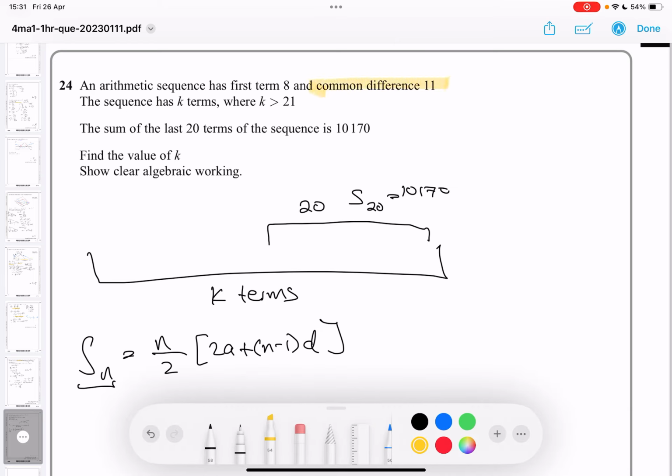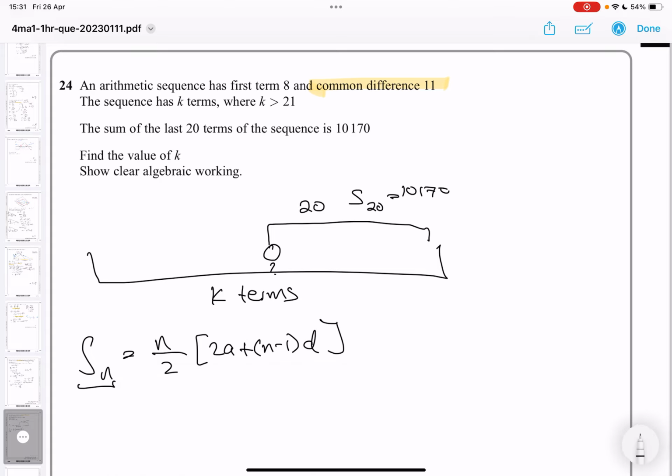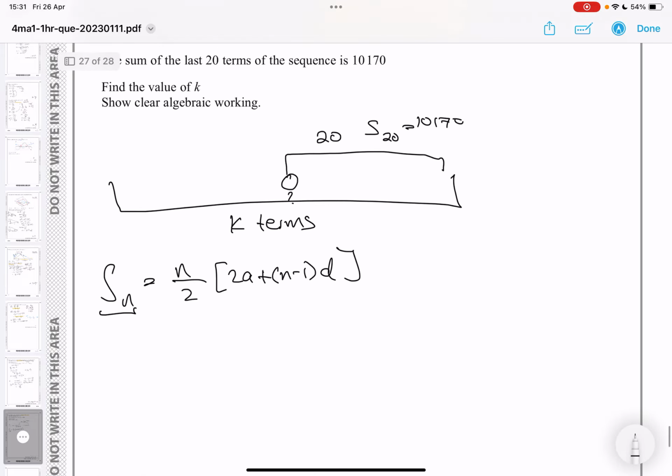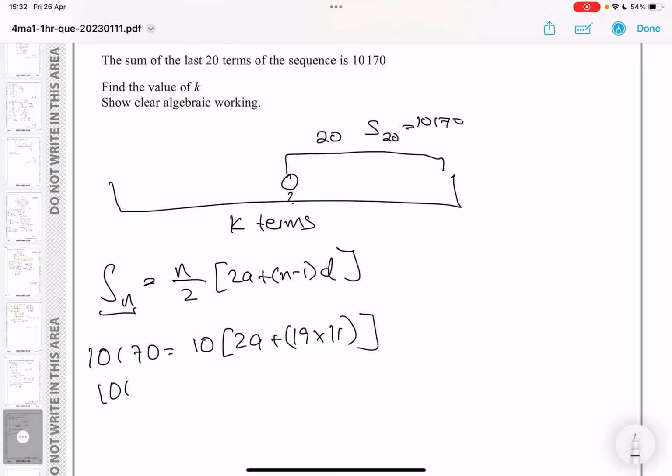But we don't know what a is, as in we don't know what the first term of the last 20 terms is. So this term here, we don't know, okay? So let's work that out. Let's calculate that. And you'll see why once I've calculated it. So 10,170 equals 20 divided by 2, which is 10. And then 2a is what we need to work out, plus 19 times d, which is 11. Okay, 10,170 equals 10 brackets 2a plus